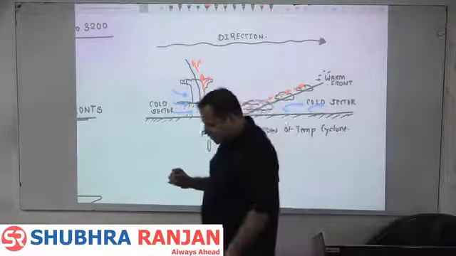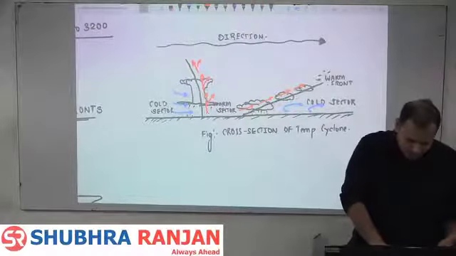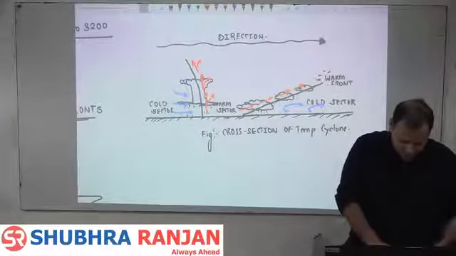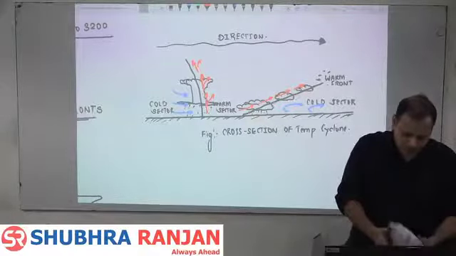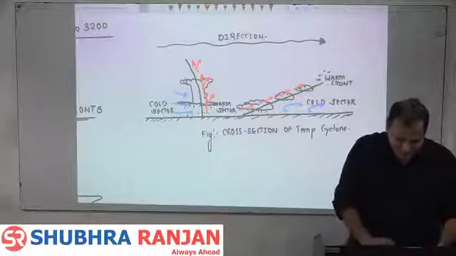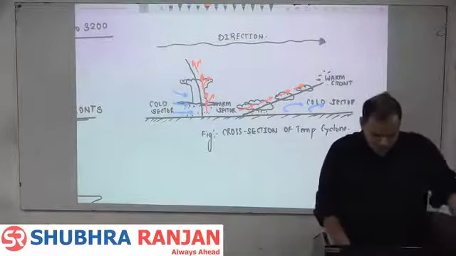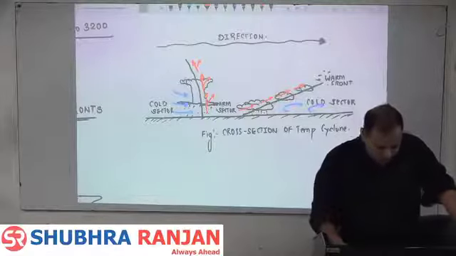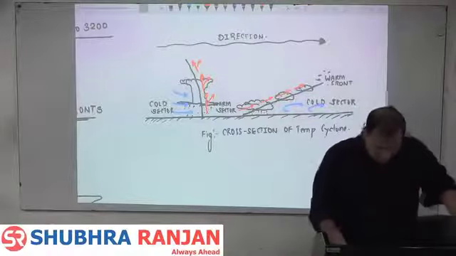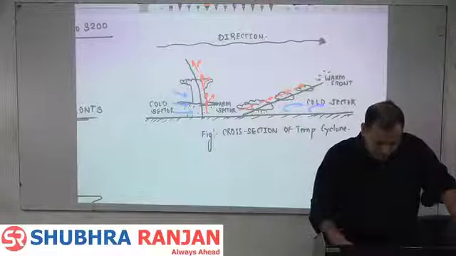Though there is no general path, though there is no definite path, temperate cyclones generally flow or commonly flow from west to east,